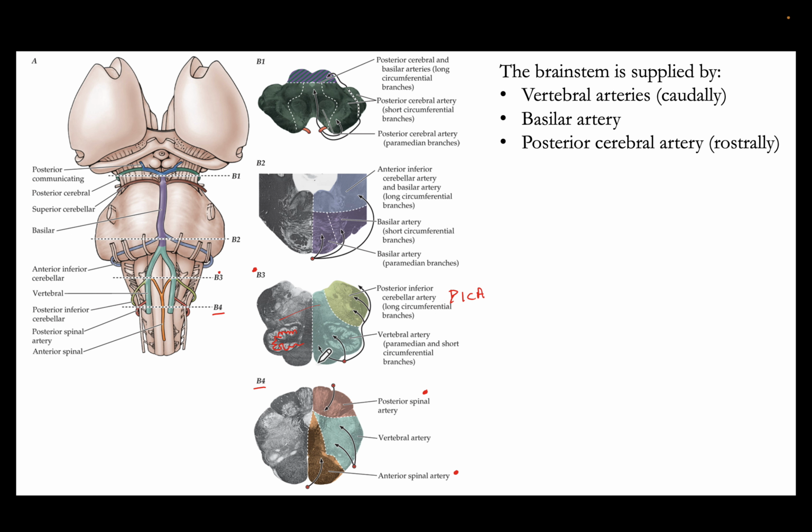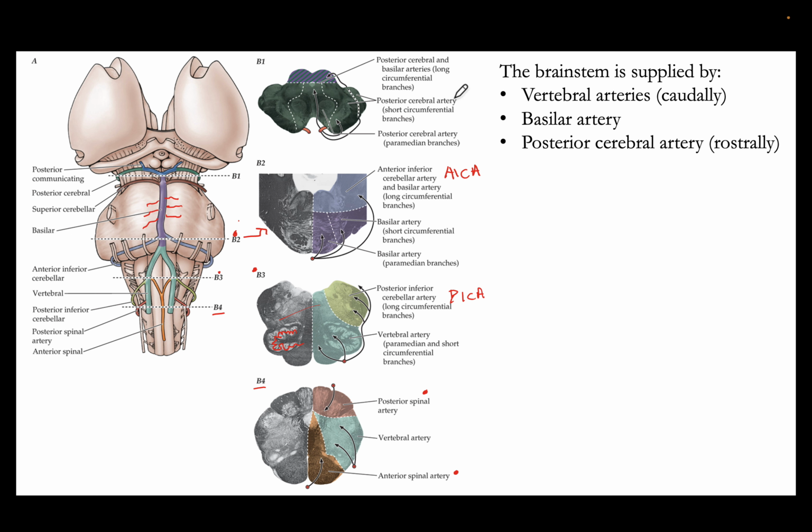So you could picture that artery traveling all the way around and then giving branches to supply the lateral portion. If we move into the pons, more rostrally, so this is B2, that's the level of B2 there, we can see that the AICA is important laterally in the pons. Well, that's the branches of the basilar artery that supply most of the middle of the pons. And I'll just draw those branches in for you as a reminder that they're there as part of that deep